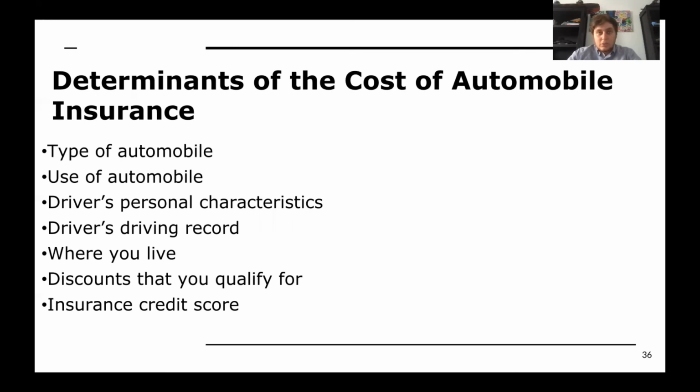The discounts you qualify for when you are quoting insurance. If you're a student and have more than a 3.5 GPA, you get a discount. If you're a member of some fraternities, you also get a discount. There are many companies that offer discounts. If you're a veteran, you get a discount. Your credit score impacts your insurance rate. So if you have a higher credit score, you will get a lower rate.